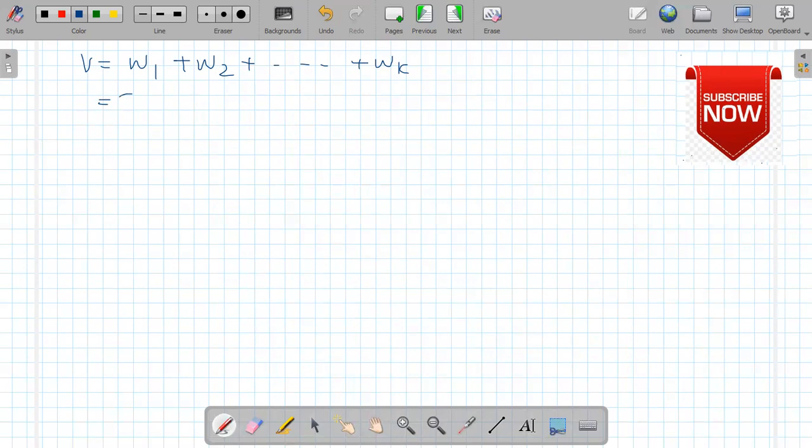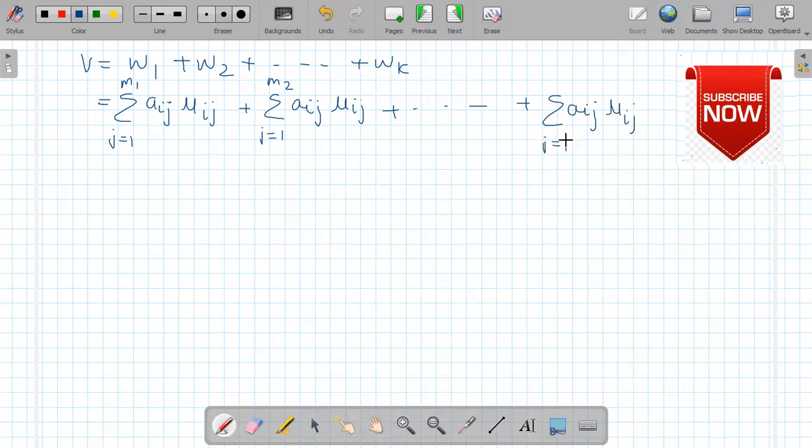हम W1 को लिख सकते हैं समेशन AIJ mu IJ, J varies from 1 to M1 plus summation AIJ mu IJ, J varies from 1 to M2, summation AIJ mu IJ, J varies from 1 to Mi. यहाँ पर I varies from 1 to K है,